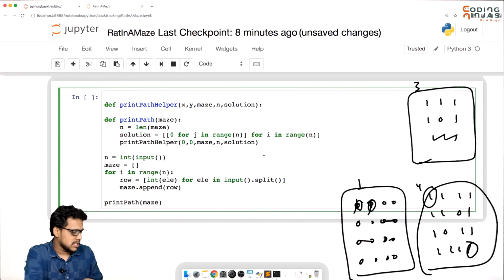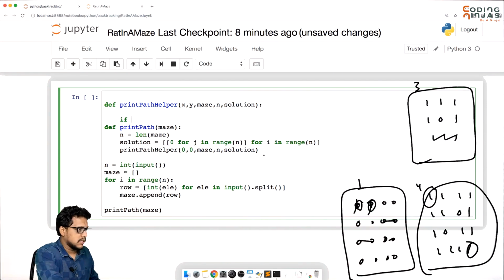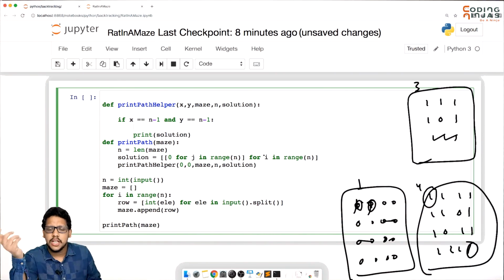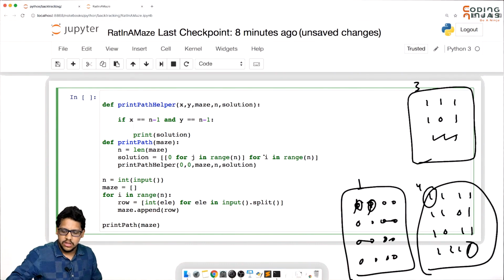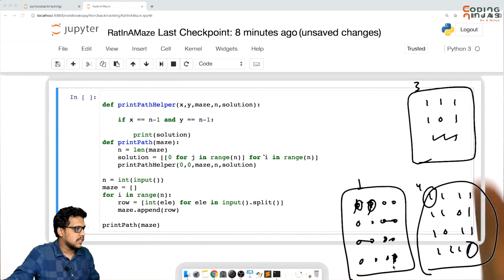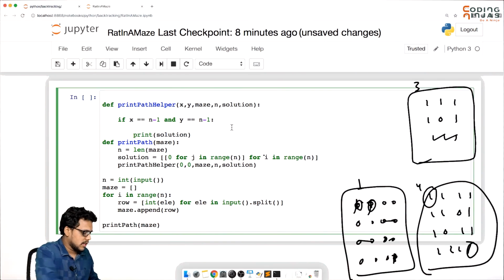One thing we have already discussed is, if I have reached the last point, that means the point where x becomes equal to n minus 1 and my y also becomes equal to n minus 1, what I will do is, I will just print the solution and I am done. Okay, I don't need to do anything else. One thing is there, I need to initialize the solution matrix at that point with 1. Okay, so if I have reached here, that means I need to initialize this point with 1. Okay, that we need to remember, whenever you reach that point, that should be 1. Solution at x, y should become equal to 1, and you will just return.